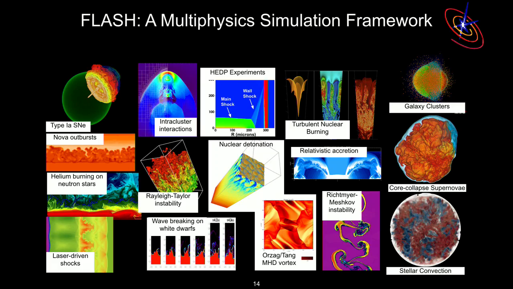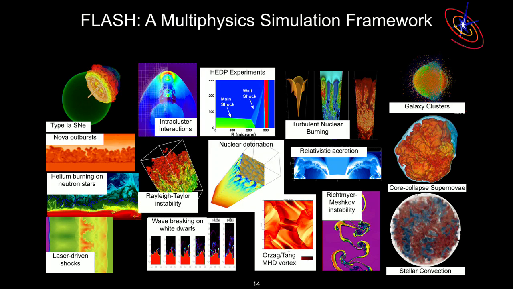Right? And so if you have a community code, something like Flash, for instance, where this has been taken care of for you, you can leverage that benefit and do new things with it, right? If it's already incorporated into the code. So I will mention Flash a little bit. Flash is a code that has been around for a long time. I think the Flash Center was started somewhere in 1996. Is that right? Yeah. 98? 98. And the first code release was like 2000.